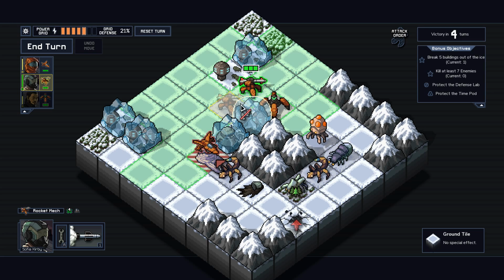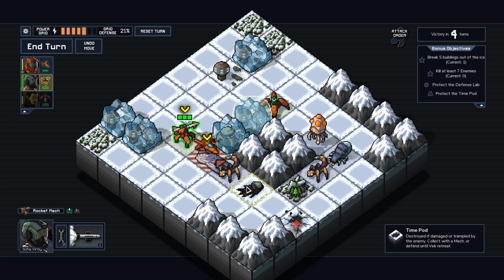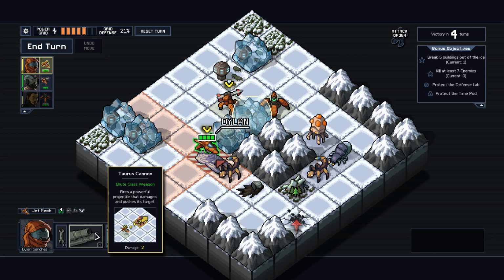This guy can do that. If he went over here and he tried to free the jet mech, he kills that thing and he pushes it into the time pod. It's not showing any prediction that the time pod will be destroyed. Usually if an enemy is moved into a time pod, it destroys it. But he'd be a dead enemy. No, I think the... well, let's see. Destroyed if damaged or trampled by the enemy. I think that'll... Oh, the problem is...